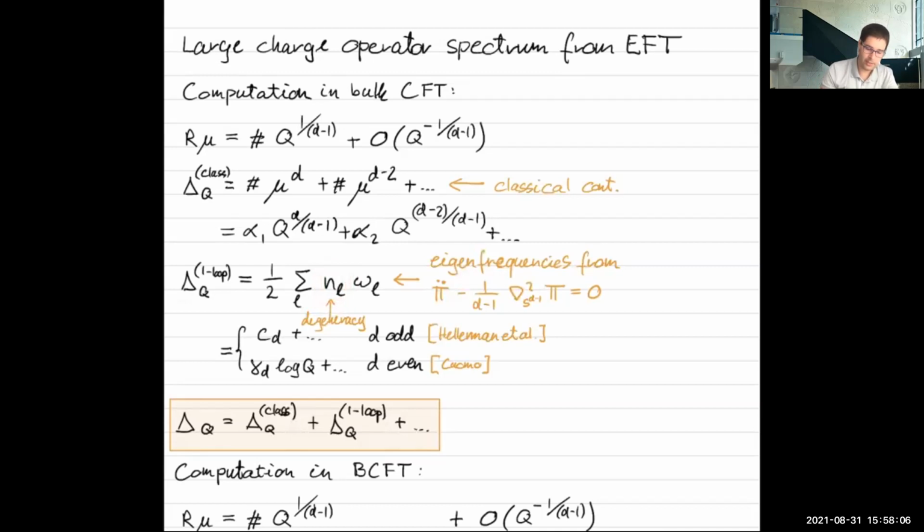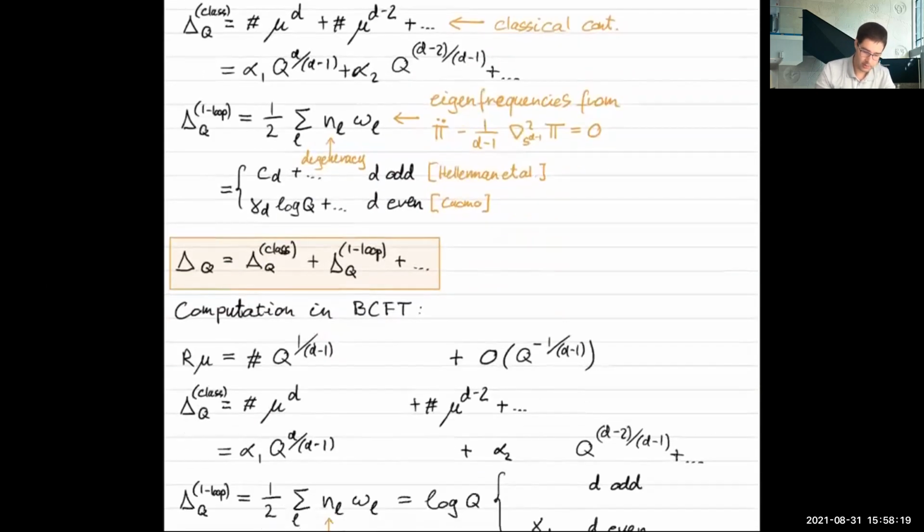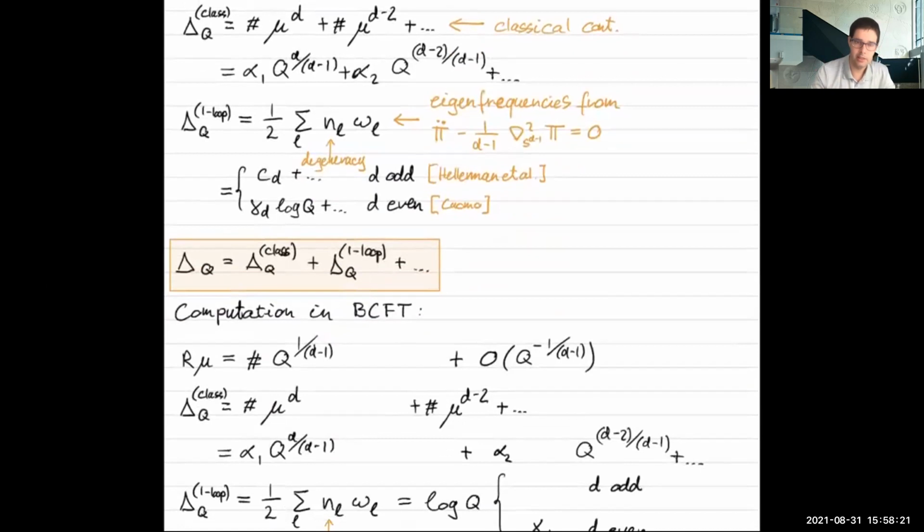These omega L frequencies are obtained by solving the linearized equations of motion for the fluctuations. And this prefactor is just the speed of sound, which may be somewhat unfamiliar compared to equations of motion that